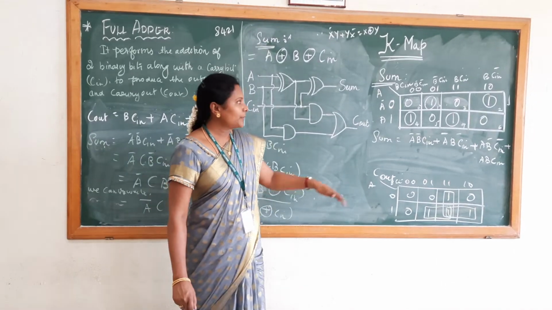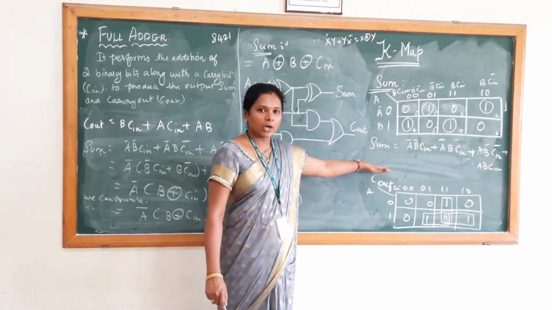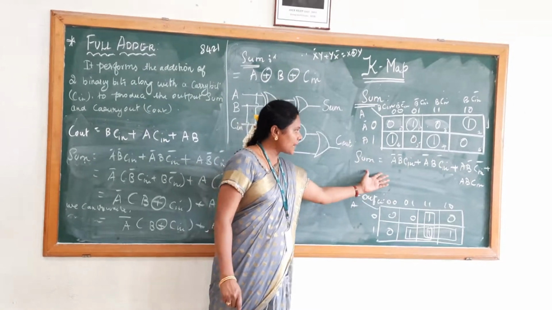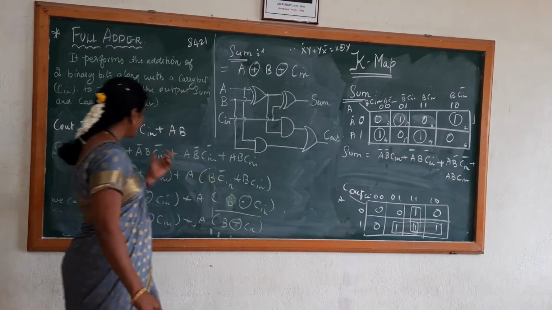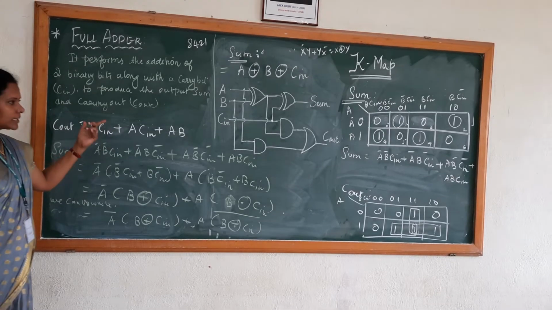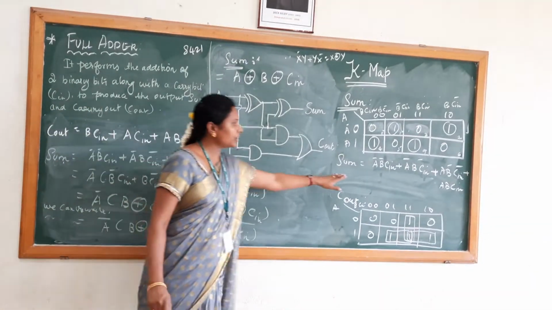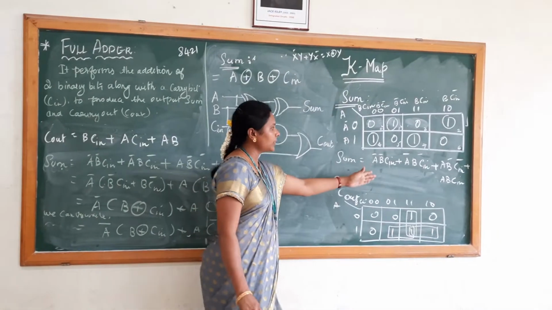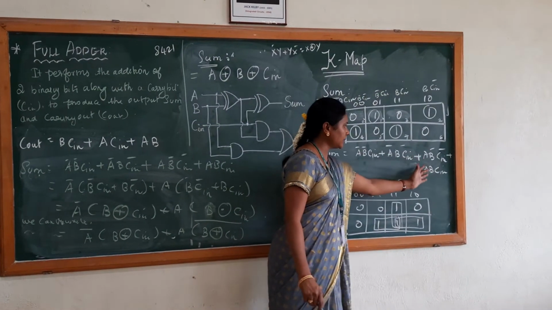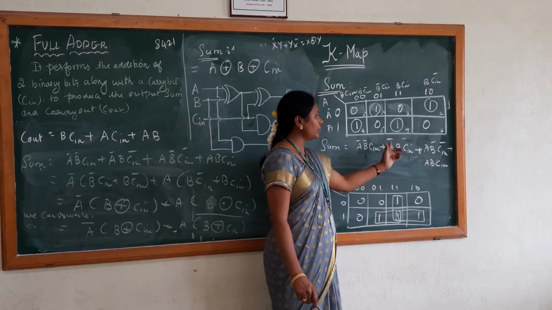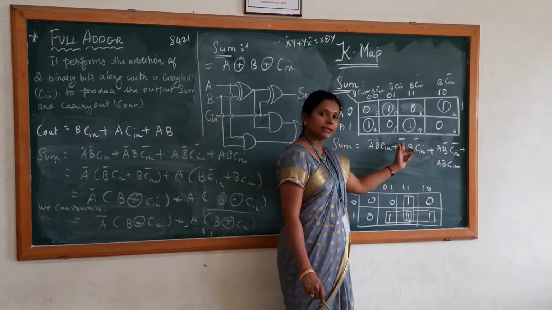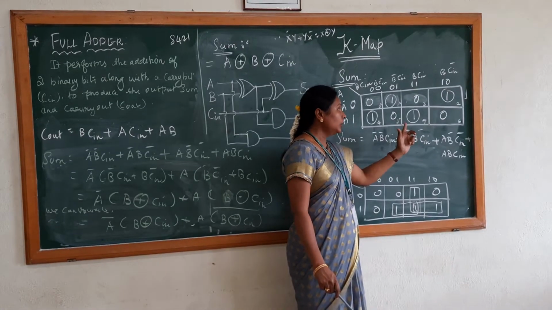Hi students, in the previous video I just talked about the Karnaugh map of your full adder. So we derived the sum expression and the carry out expression over here. Still further you can reduce your logical expression of the sum term. Look at this, over here you have four product terms. Look at the product terms which involve your NOT gate. So while implementing the circuit, you need a NOT gate